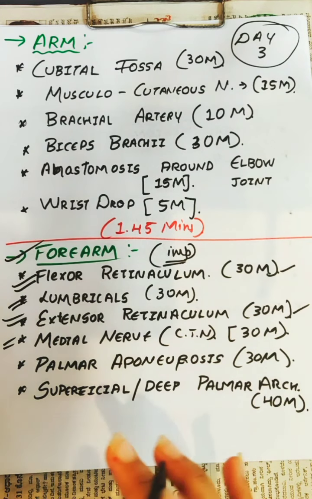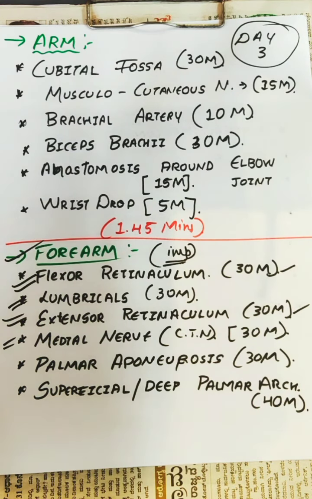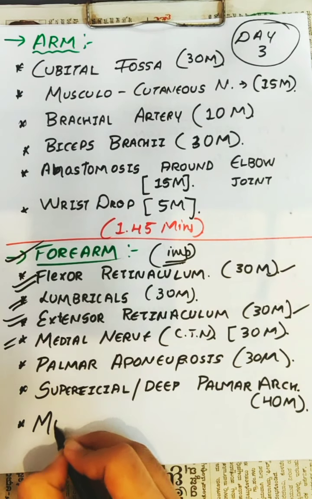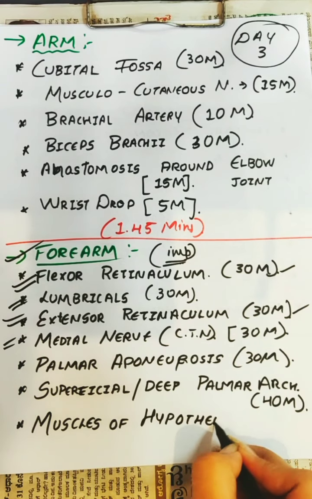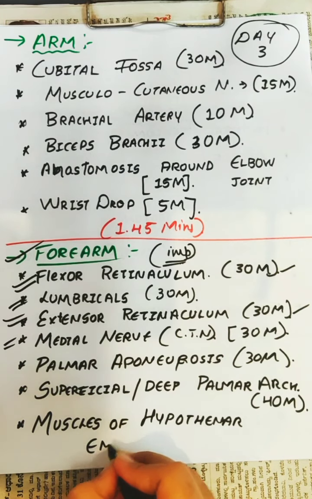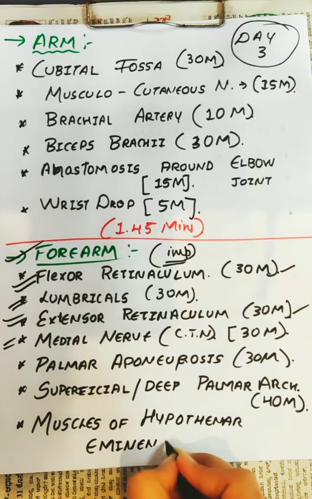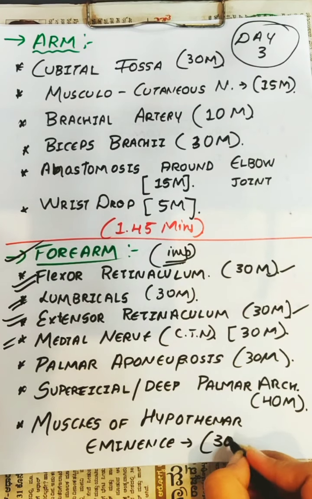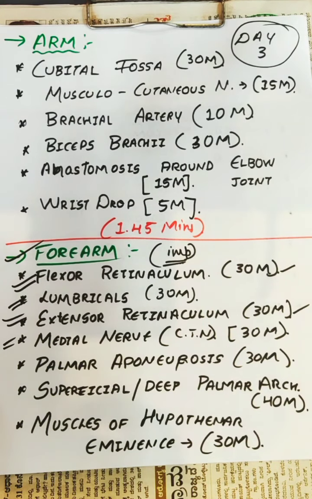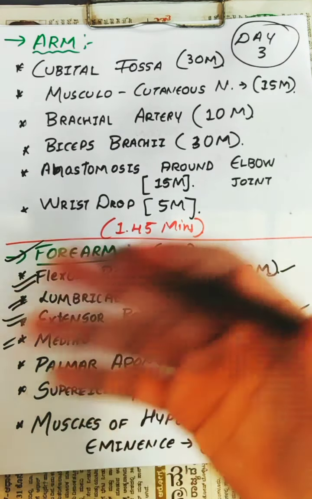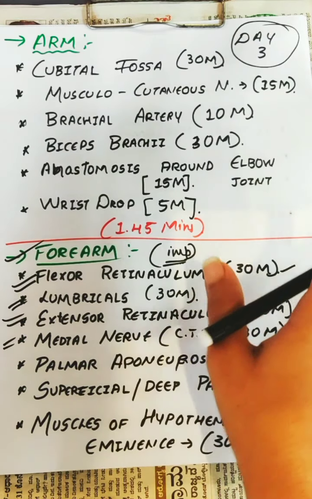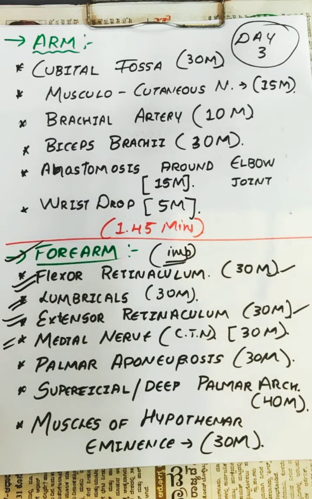And the muscles of the hypothenar eminence. So this is also a very important topic. Take around half an hour. So to get okay marks, study these many questions. If you want to take a distinction or more, study the whole forearm. To get passing marks, study these questions. To get good marks, in the sense to score distinction, 75, 80 marks, you have to study the whole chapter.